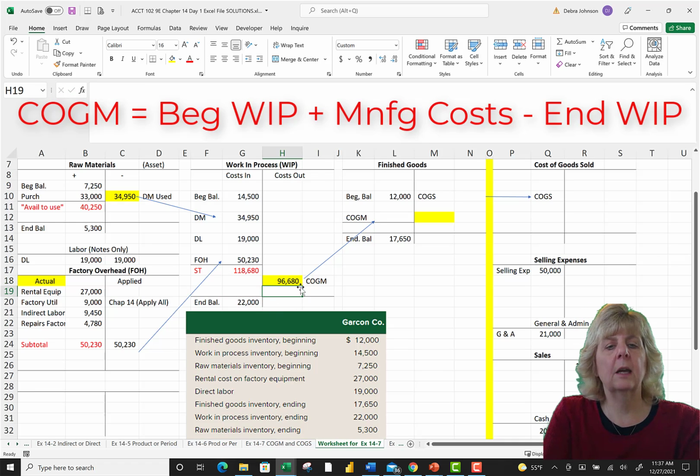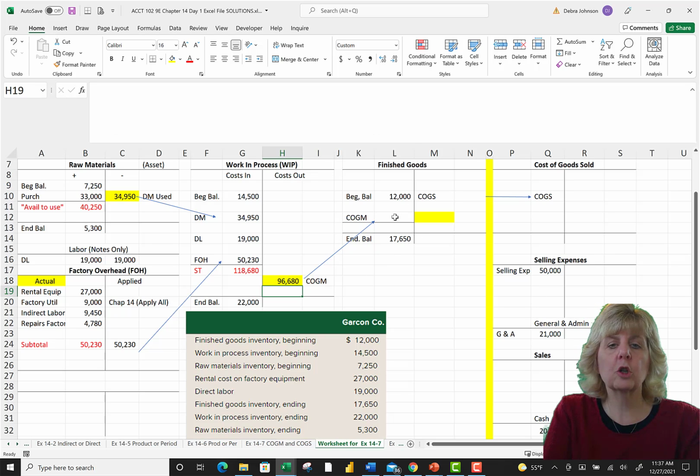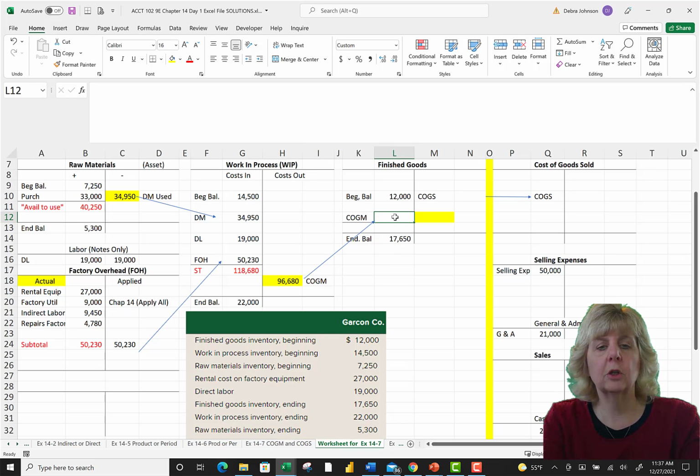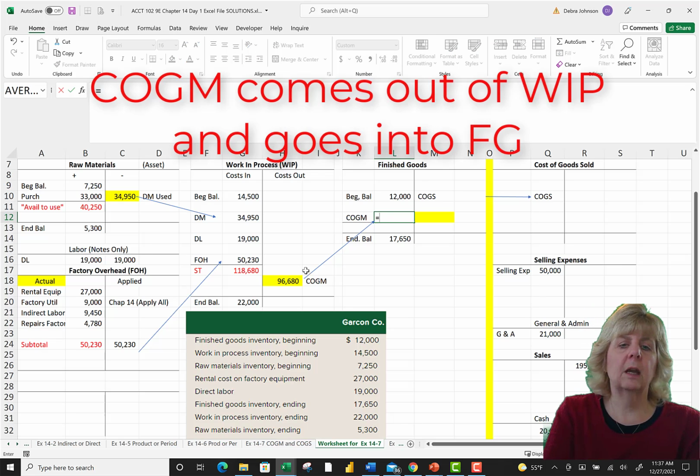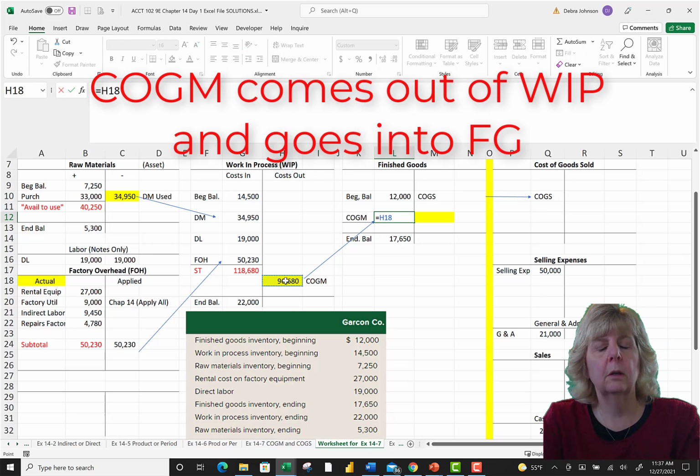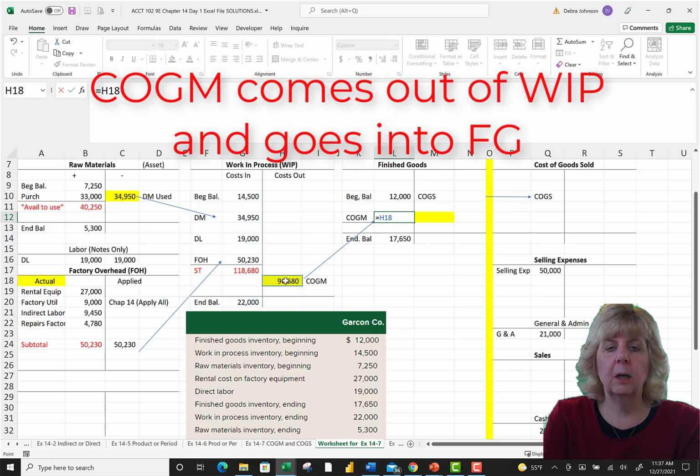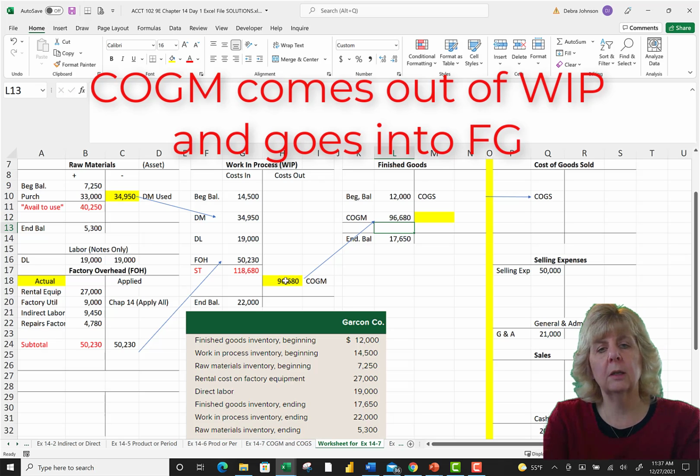I'm going to press enter. Well, what happens to those goods that we complete that are no longer under construction? As you see by the arrow, they are transferred in to finished goods. So I'm going to take that amount out of work in process, put it in to finished goods, and now